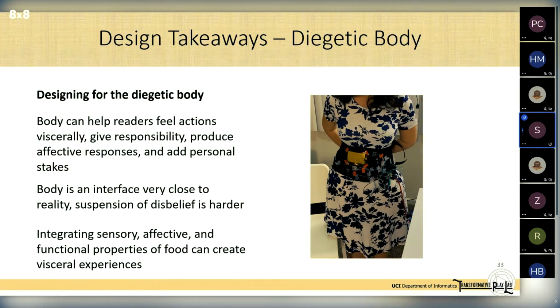And lastly, integrating sensory, affective, and functional properties of the food in the narrative can create visceral experiences. Gummy slipping on oil made people feel really gross, and the calm drink helped people feel calm themselves. In this way, I was integrating the sensory and emotional properties of food into the story.